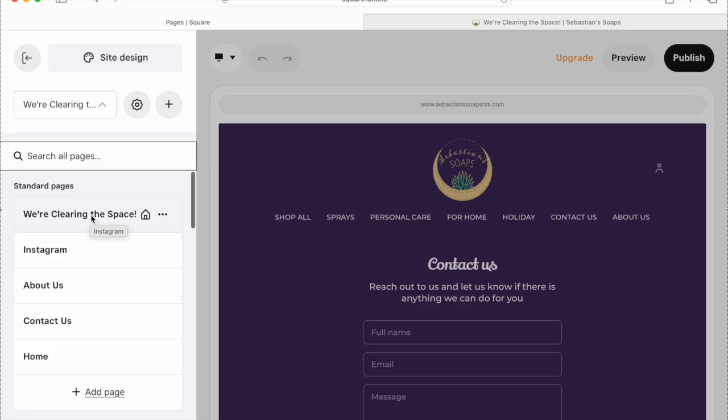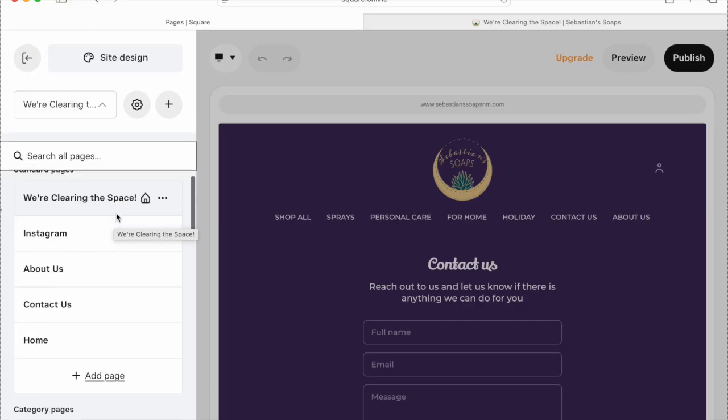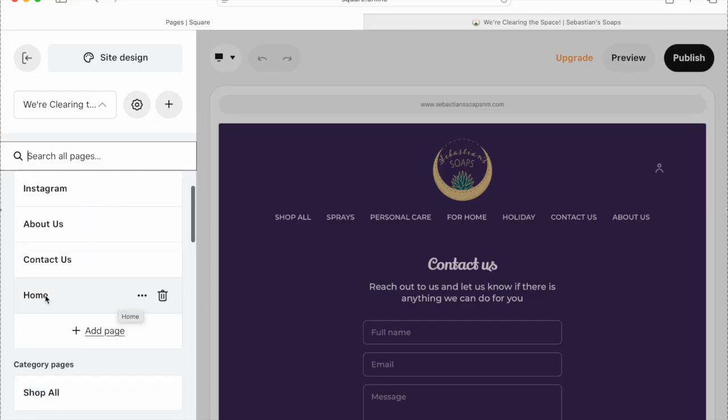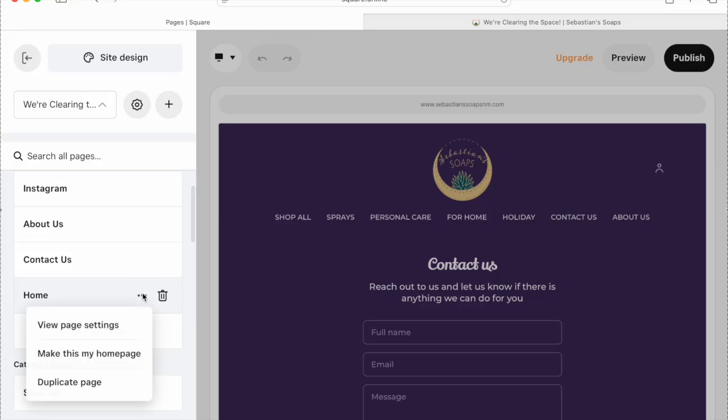Right now, you see this little home right here? That means that is the first page that your customers will see when they go online. So we want to remove this from being the home page, and we are going to make home the home page. In order to do that, you're going to click these three little dots here,